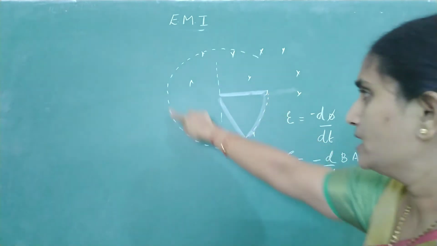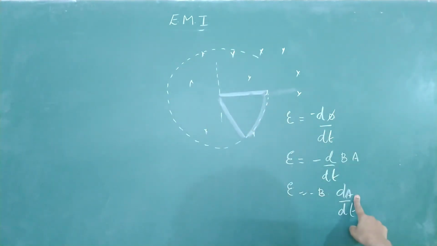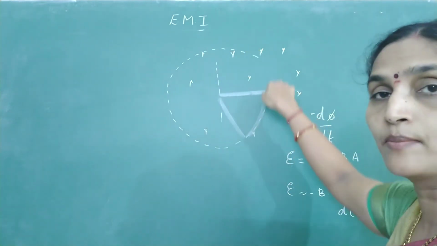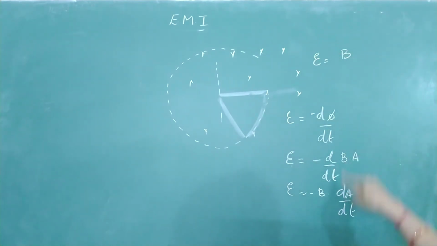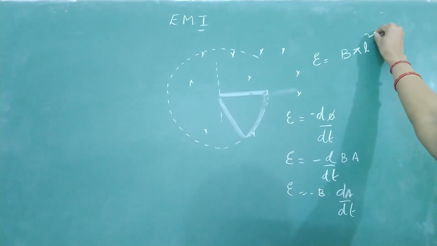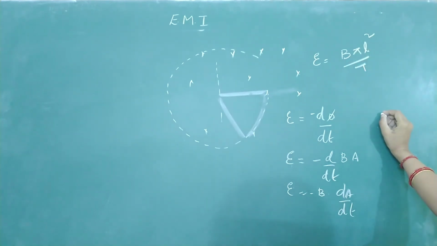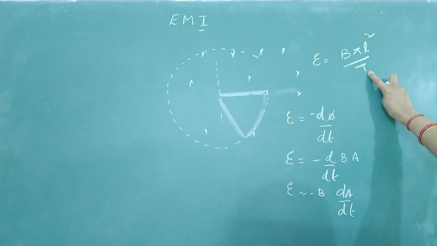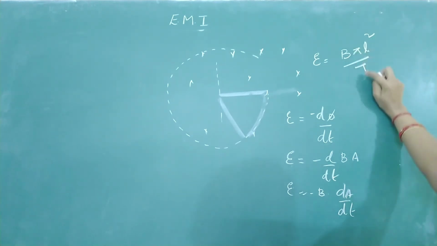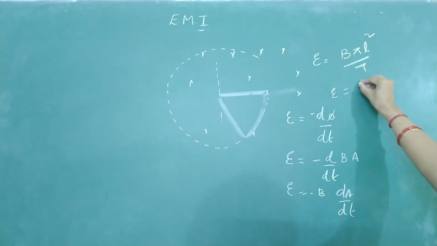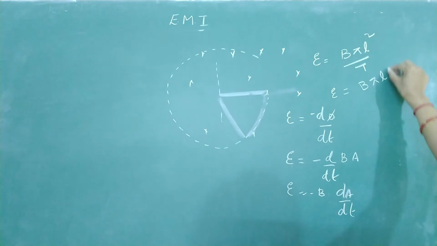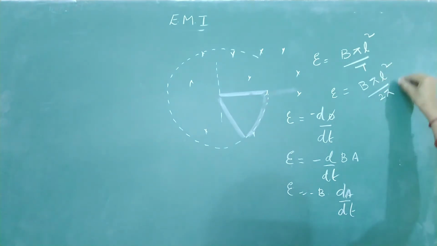If this rod completes one circle, what is the total area covered? Pi r square, divided by the time taken. Can I write it as the time period of rotation? So what will be your induced EMF? B into the area covered for one rotation, which is pi L square, divided by the time taken, capital T. If you write this T as the reciprocal of frequency, you can write it as f. If your answer is in terms of omega, then you can write it as B into pi L square by 2 pi by omega. Pi and pi get cancelled.